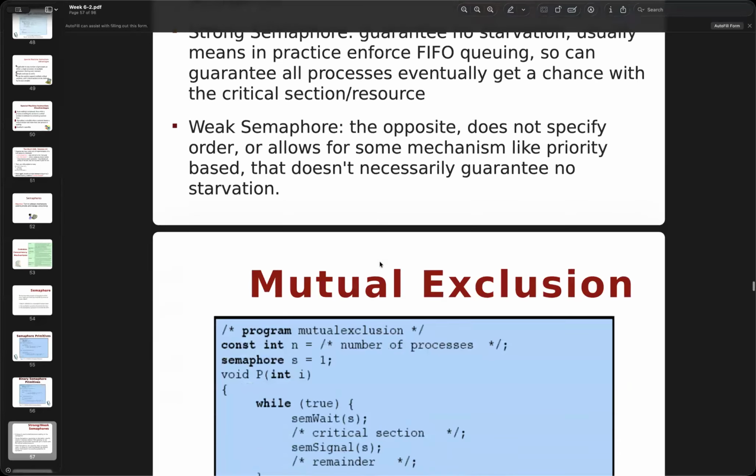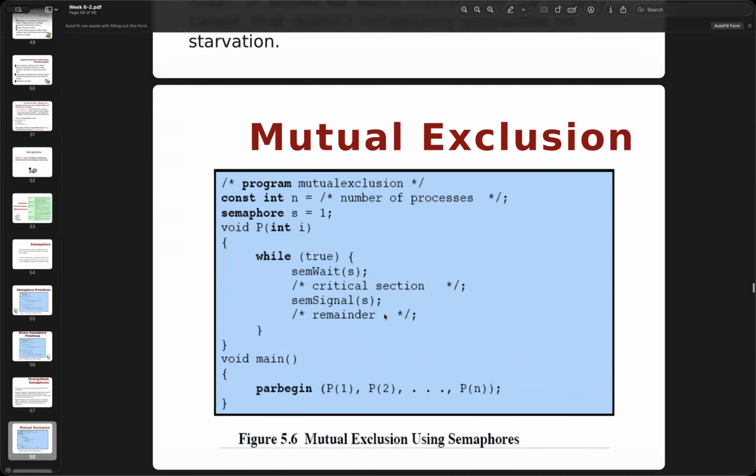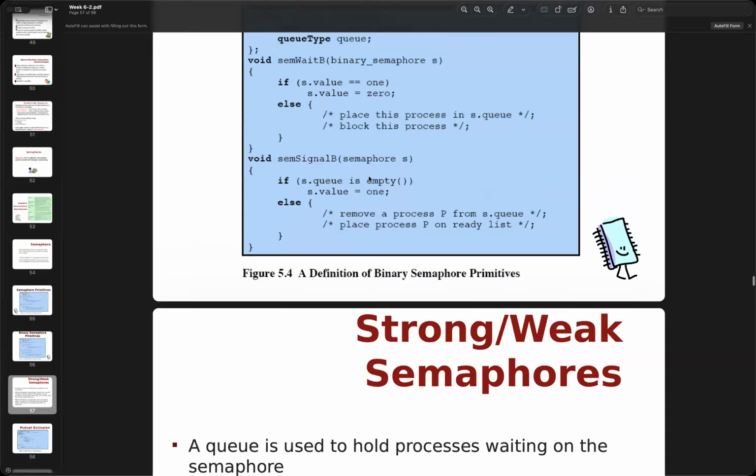And for mutual exclusion, if you slightly remember, let's say we have the process, define the n and then the semaphore using 1 right here. If we have the process, of course, we execute a while loop. We use the wait on s, and then execute the critical section, and then have a signal, and then maybe have something else. So here we can use the semaphore to execute, and we can just add the function.